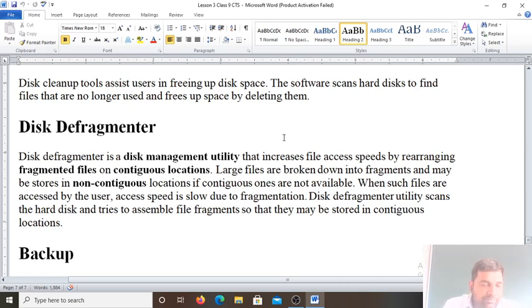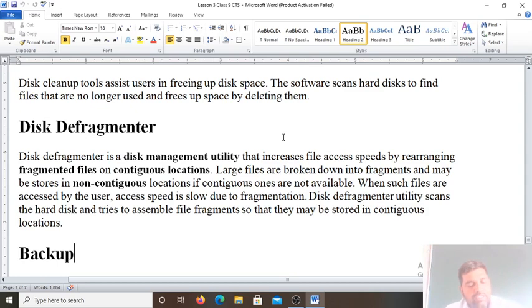If the second block is also not enough to store the file, then it looks for a third, non-contiguous block to store the file. So these blocks may not be in contiguous form and may be scattered over the disk. This fragmentation slows down the retrieval of data. To remove the file fragmentation, we use a disk defragmenter program that rearranges all the files and directories into one contiguous area of the disk.